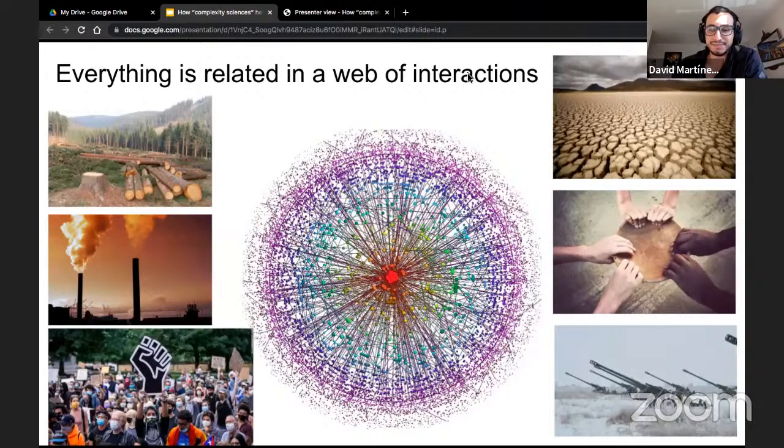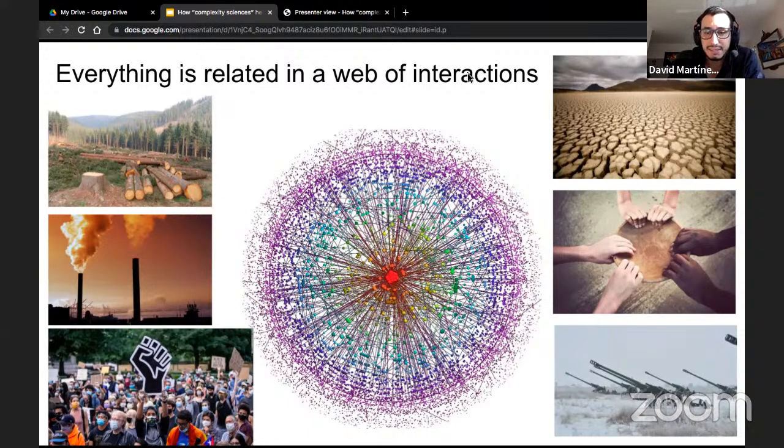Because everything in the end is related in a web of interactions. So here's the example. We have different environmental issues: deforestation, pollution, global warming, and we have also social issues: hunger, war, social injustice.